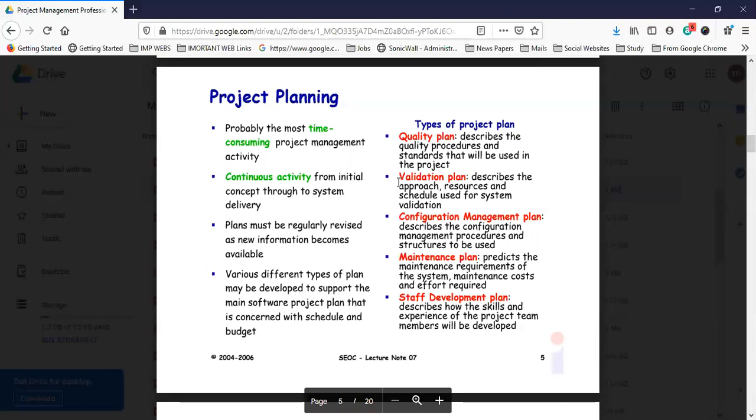You can plan once step one is complete, then go for the second step, third step, fourth step. In the planning phase, we can create process charts, mind maps, and different tools and techniques that are basically used in the planning of the project. Plans must be regularly revised as new information becomes available.